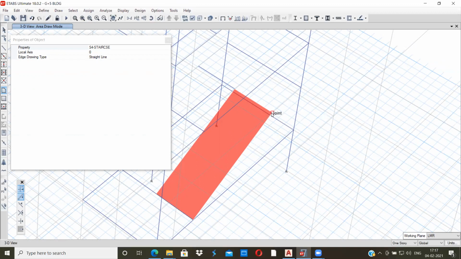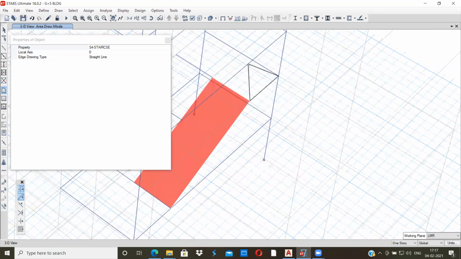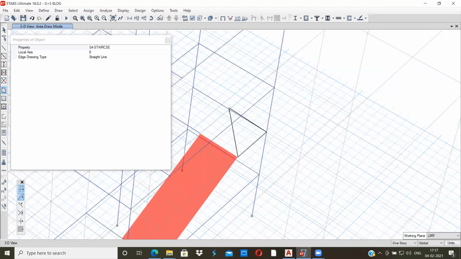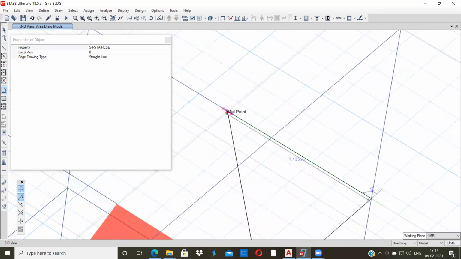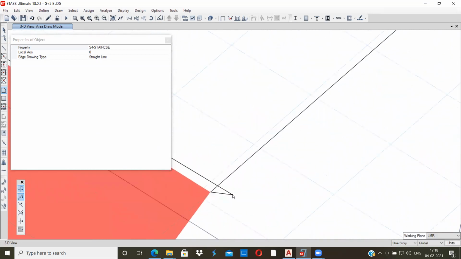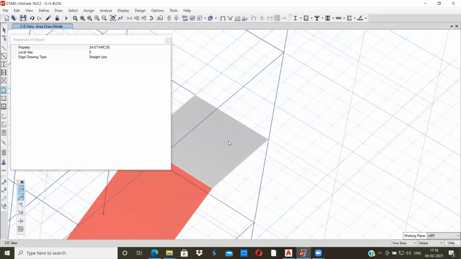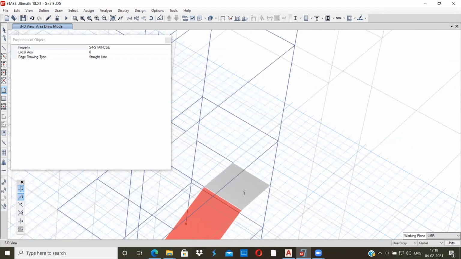I will assign a slab to the landing. If there is a doubt, just zoom in and see, because sometimes at the intersection of the grids the point will also be displayed, so that will lead to error. So carefully model the staircase.